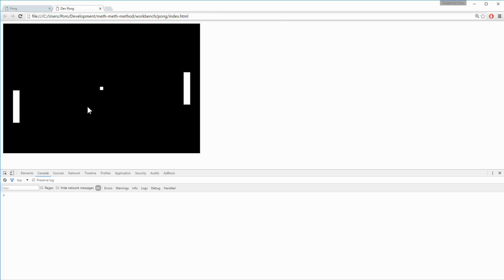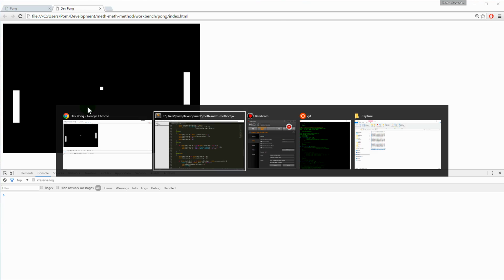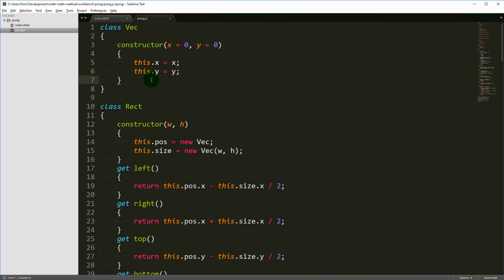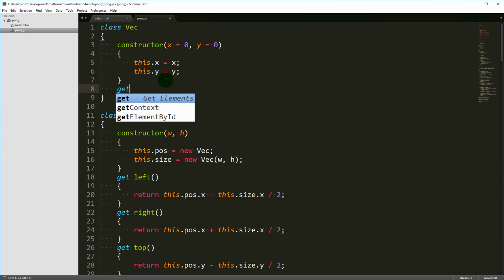So we're gonna add that to our vector. Scroll up to the vector. Here we go. And we're gonna add 2 getters and setters. The first one is the getter that will get us the length of the vector. And the length is just a combination of both x and y. Is the hypotenuse,